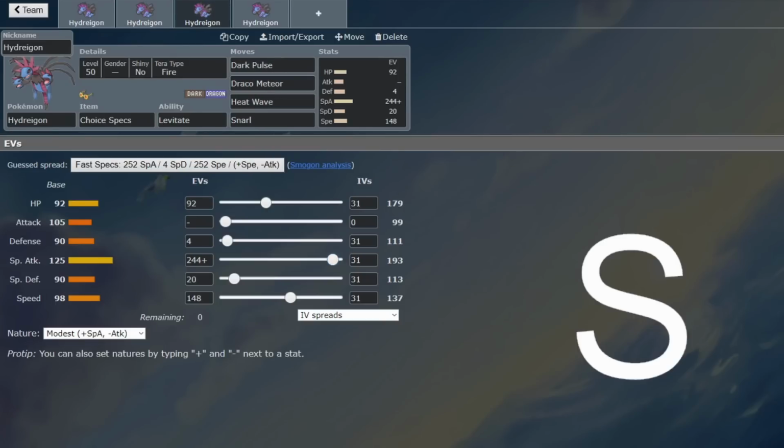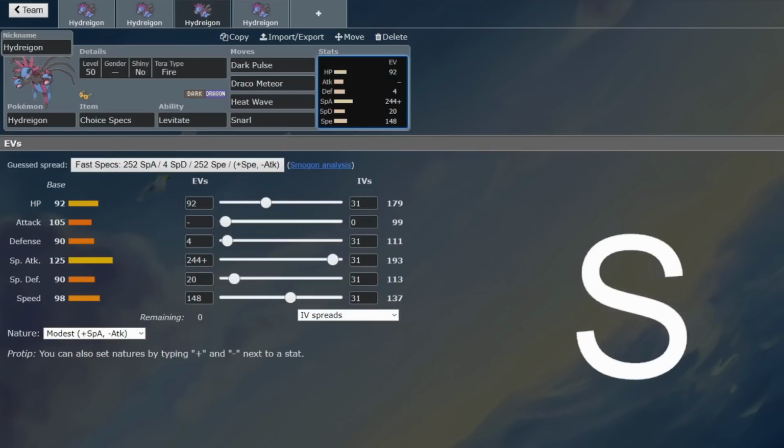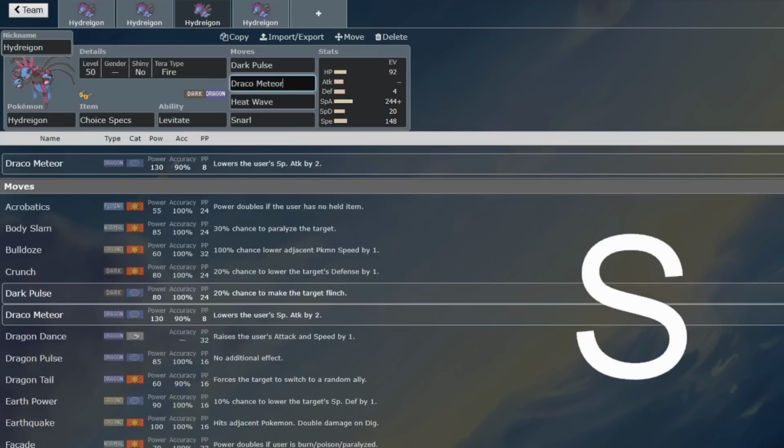You can still go with the Choice Specs, so you get effectively the critical hit boost on top of your Hydreigon immediately, but then you get the downside of not getting through the special defense boosts, and your special attack will be dropping with the Draco Meteors. You're going to get an immediate Draco Meteor that's going to KO something, most likely, but then you start to get weaker and weaker, which is one of the downsides as opposed to the Focus Energy critical hit one, but this is